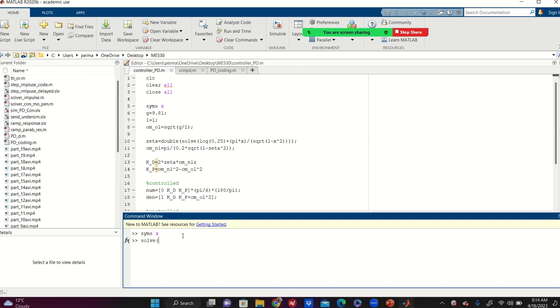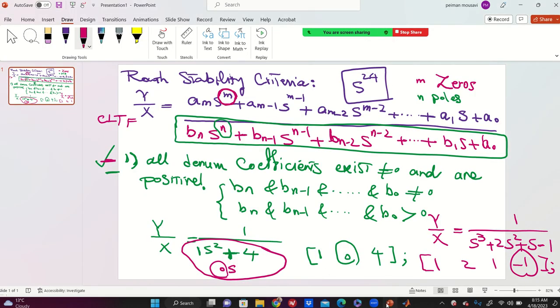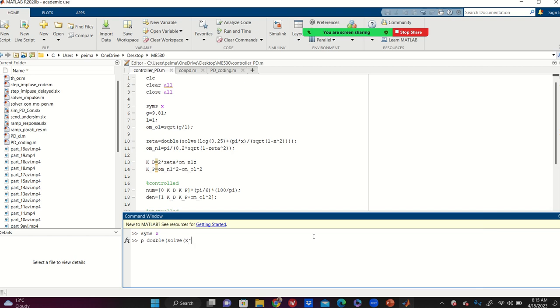So you can solve, actually I'm going to say poles are double, solve. What was the equation? Can you read the equation for me? x cubed plus 2x squared plus x